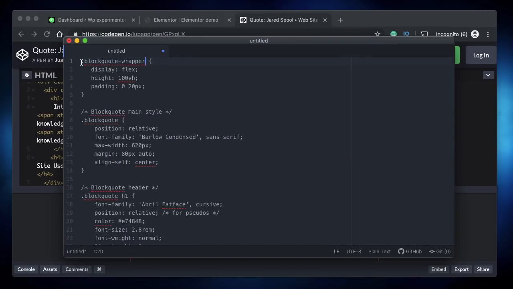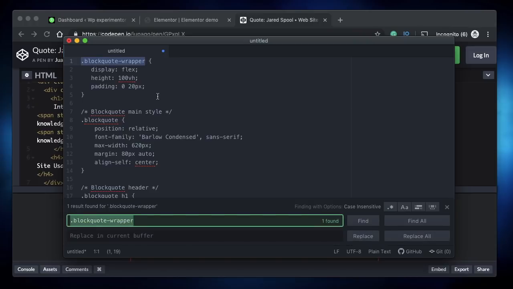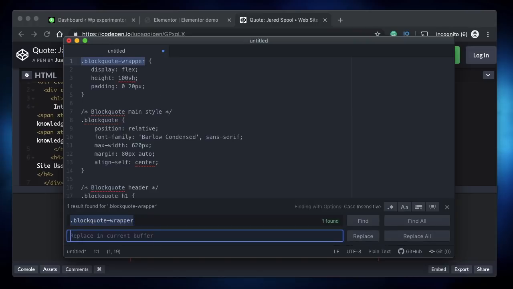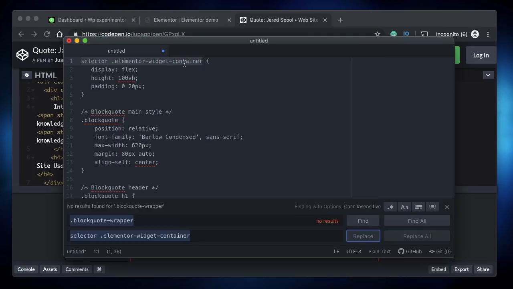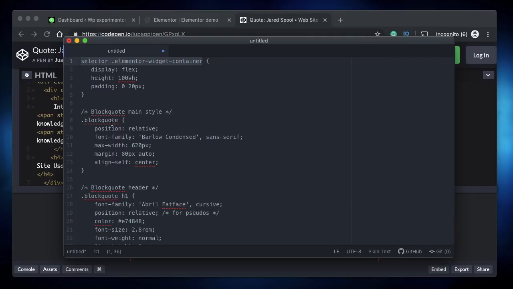Instead of block quote wrapper, we need to have selector space Elementor widget container, because we saw that, right? Block quote is within selector space dot Elementor widget container. We examined that by inspecting the element earlier. So it's this Elementor widget container. We'll just replace this. So this is done, and we just need to replace dot block quote with selector space